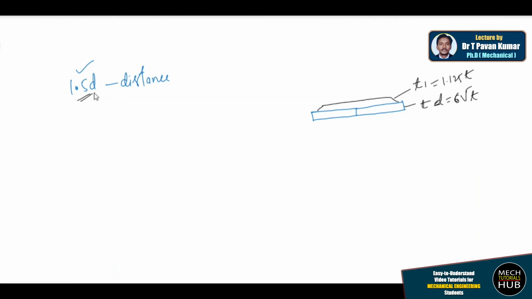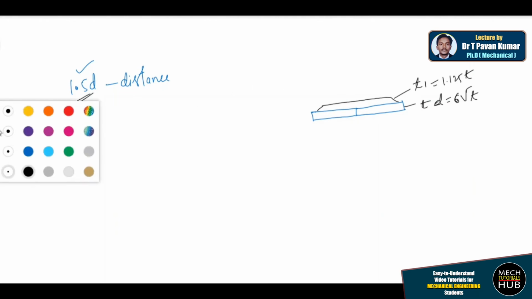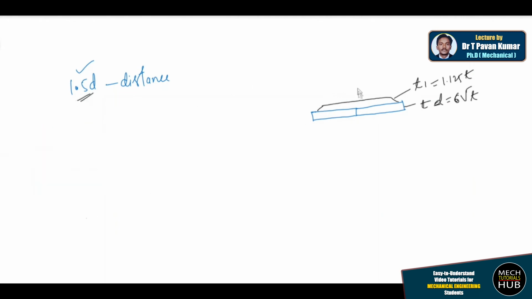And coming to this 1.5d, where exactly we need to place it, let me draw an axis line. For your understanding; you need to draw it in the examination. Now let us say there is a rivet placed here. Where exactly do we need to place the rivet with respect to the butt joint? This is called the butt. Wherever both the sheets are joining, that joining is called the butt. Here one rivet is placed, and on the other side there is one more rivet.